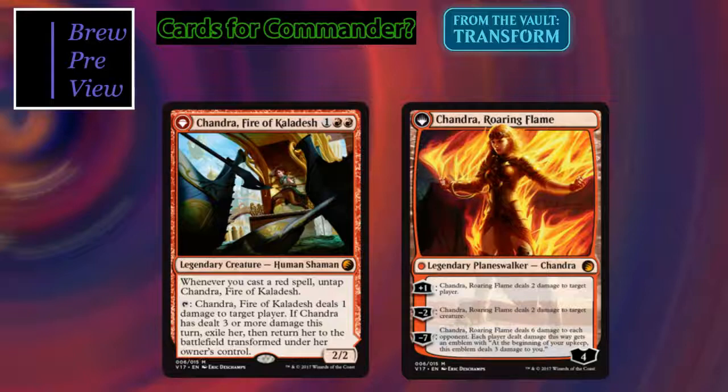Chandra, Roaring Flame, legendary planeswalker, of course. Plus one is she deals 2 damage to target player. Meh. Minus two is deals 2 damage to target creature. Meh. Minus seven is Chandra, Roaring Flame deals 6 damage to each opponent. Each player dealt damage this way gets an emblem with "at the beginning of your upkeep, the emblem deals 3 damage to you," which is a really good ability, but the first two abilities are just